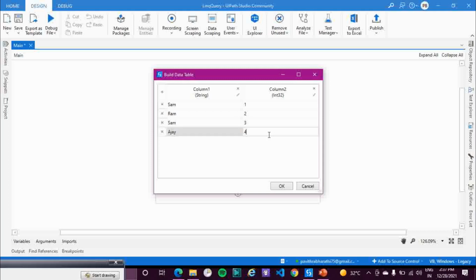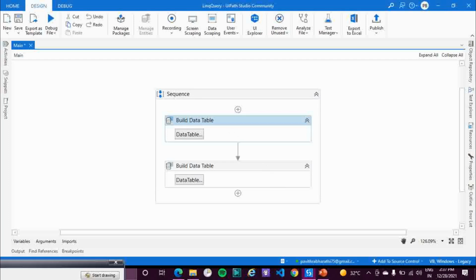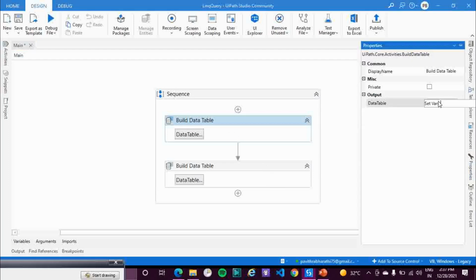Okay, let's save this. Let's give the output variable as dt data1.